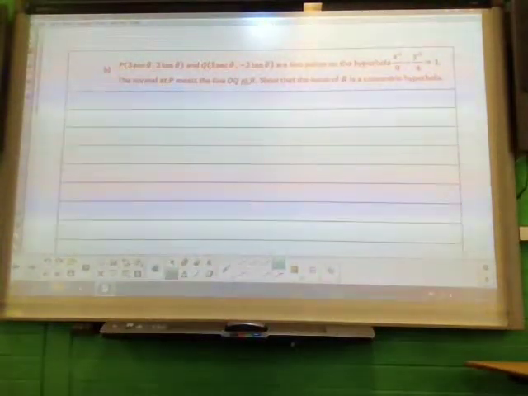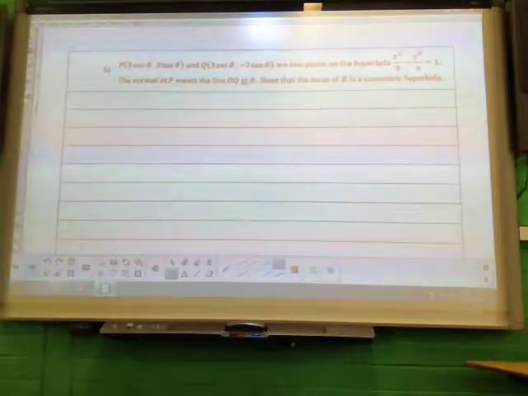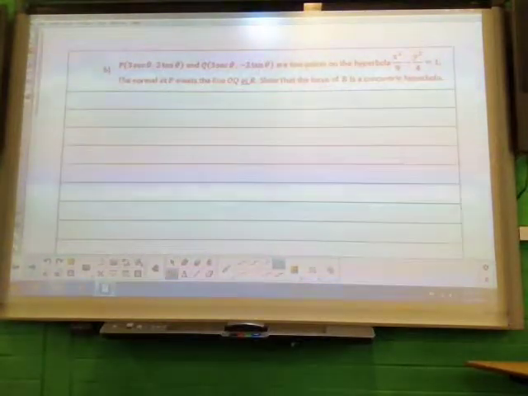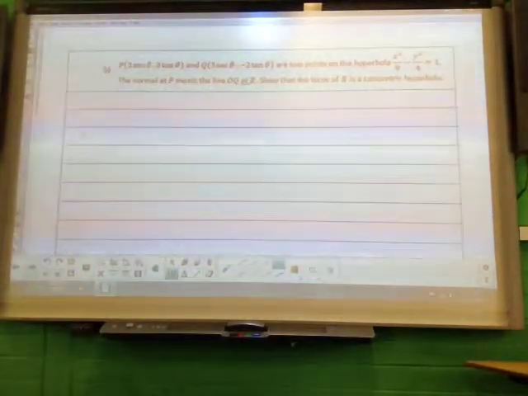So we've got the points P and Q. Notice the x values are the same, and the y values are the negative and positive equivalents. So you're thinking about the location of that on your hyperbola, where the foci lie in a horizontal plane. So the normal at P meets the line OQ at R, and then show the locus of R is a